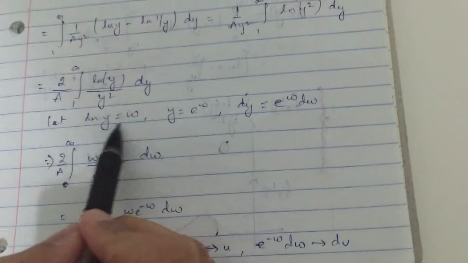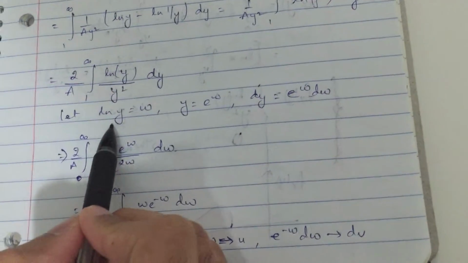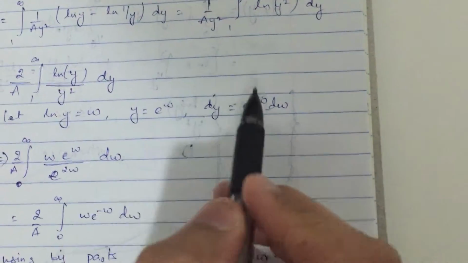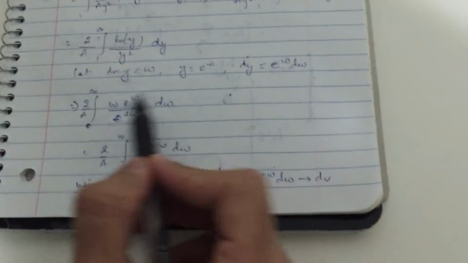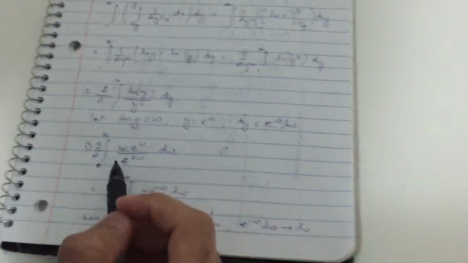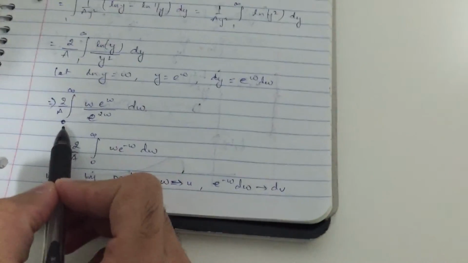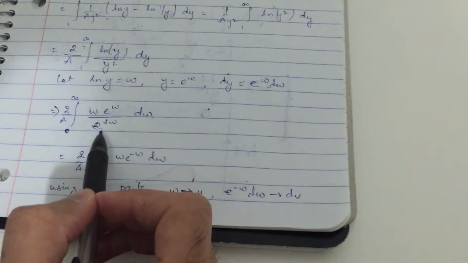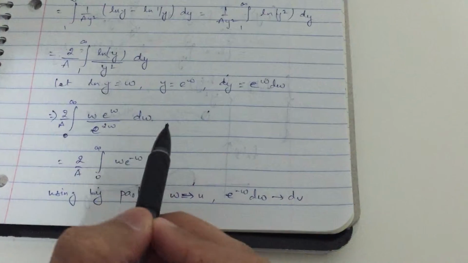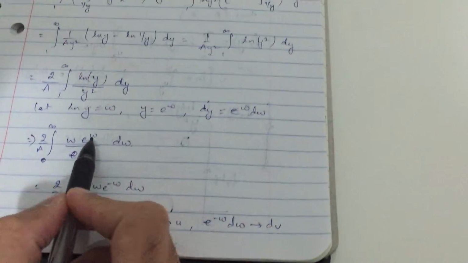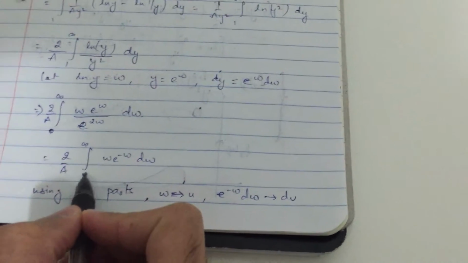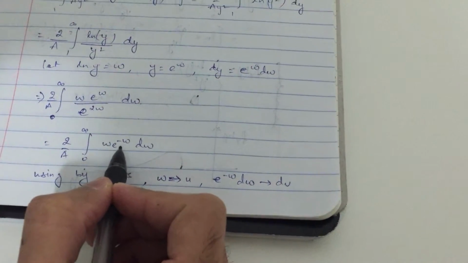So let's take w is equal to ln of y. So y becomes e raised to power w, and dy becomes e raised to power w into dw. Just putting those values back in the equation, we get 2 by a, the limit changes from 0 to infinity, w e raised to power w by e raised to power 2w into dw. Just cancelling out e raised to power w, we get 2 by a, 0 to infinity, w e raised to power minus w